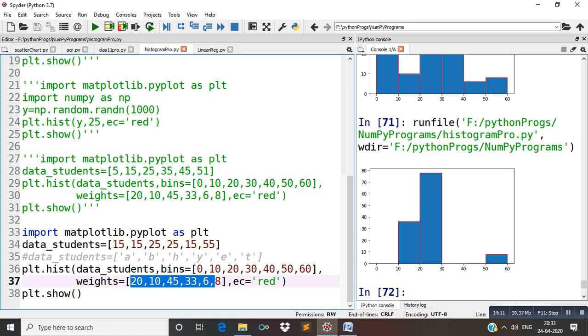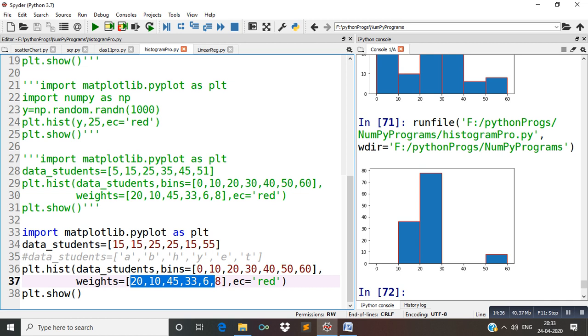Because it is the same data, if there is the same data for some ranges, then a single bar will represent the total of all the weights. Okay beta, this is the difference between the previous program and this new program.